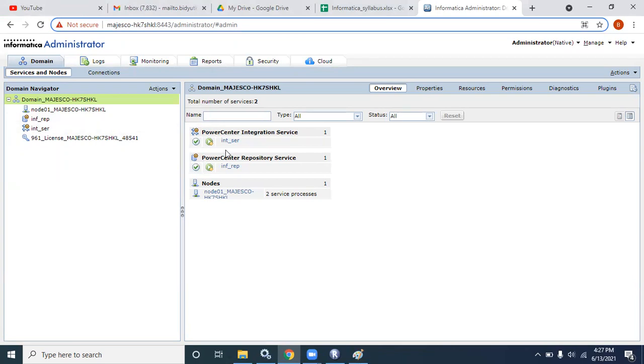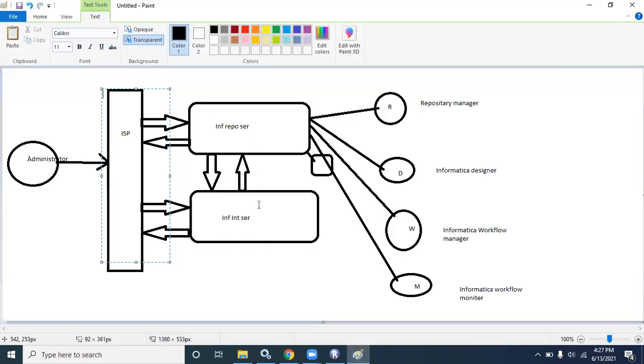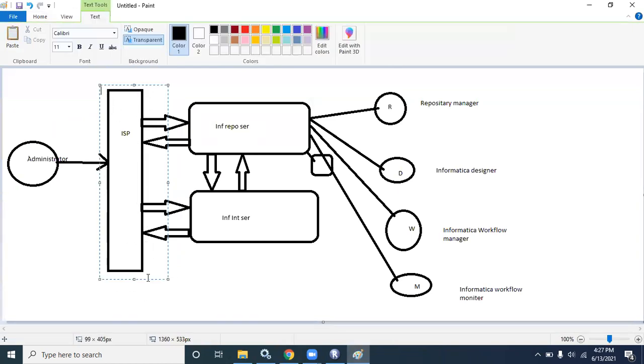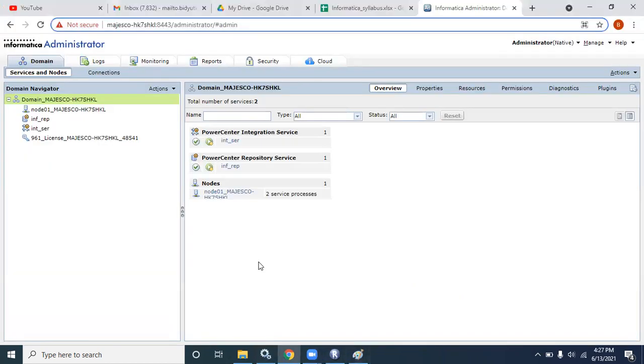We can see there are two services, the Integration Service and the Informatica Repository Service, right? These two services. The ISP we are not able to see because it is the virtual part. Domain, node, and all those things I will explain in the admin class. Domain is the physical machine address, and node is something like your host.